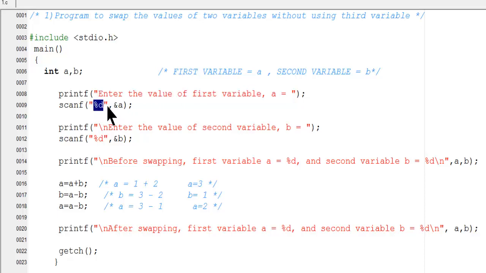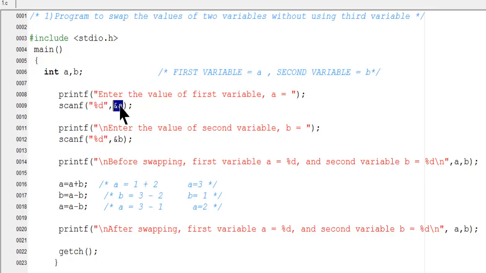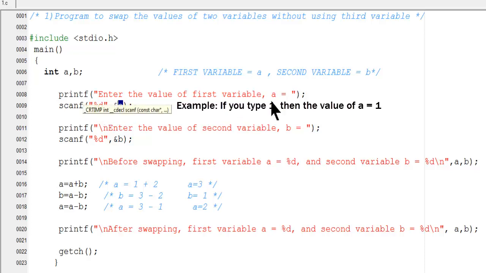Then take the value like this, %d, and plug the value whatever the user gives into the variable A. The function scanf takes the input from the user and plugs that value into variable A.